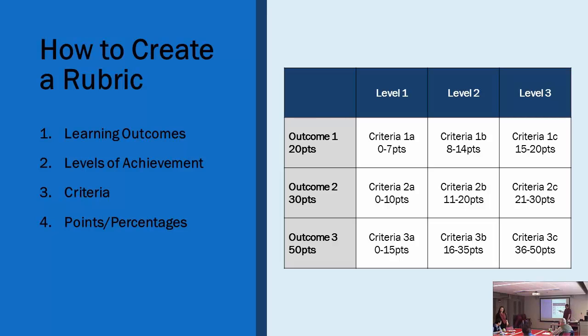So if you've ever seen satisfactory, marginal, those types of ratings, those are called levels of achievement, and those go along the top of your rubric table. And then along the left, you put your outcomes. So maybe the student will use proper grammar. Boom, how do you define different levels of accomplishing proper grammar? Several errors, minimal errors, no grammatical errors. No grammatical errors means you get the full 9 points, whereas if you fall on the lower scale, that's the reason you're falling in this particular criteria for this particular piece of the project.